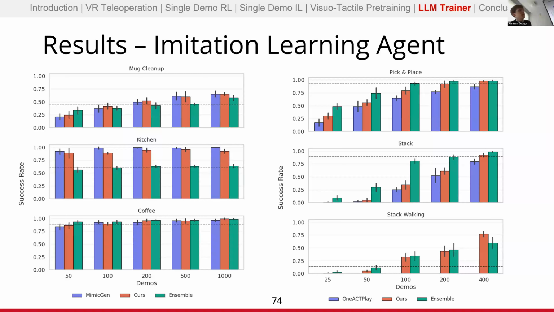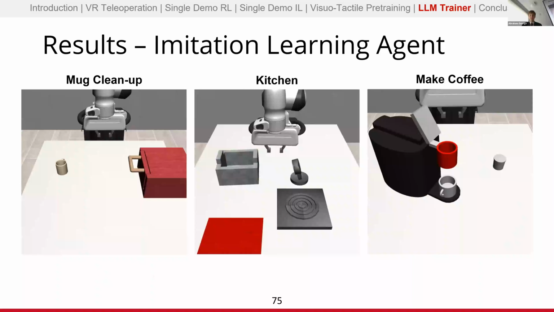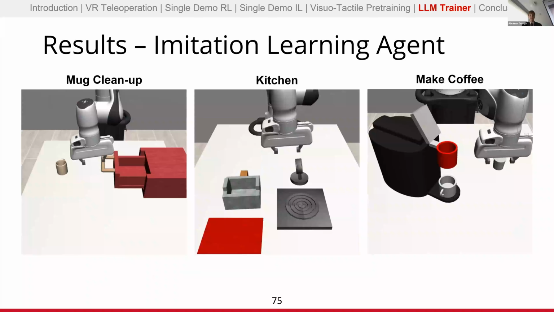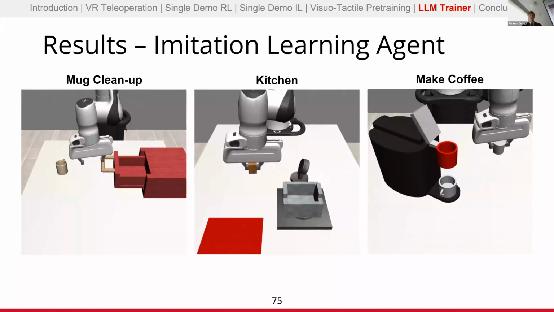And then finally, we did a block stacking task where we had the blocks move. So this is that stack walking. So here at inference time, every time step, the blocks would move a tiny little bit. The idea being here that an imitation learning agent has no trouble adapting to that slight motion. But if we just try to run a feed-forward policy, it will fail. And that's why we see that success rate so much lower. And here we can see that even in this situation, the ensembling method does lead to a minor improvement for low data regimes. And so here are the trained agents on these tasks, on the evaluation tasks.